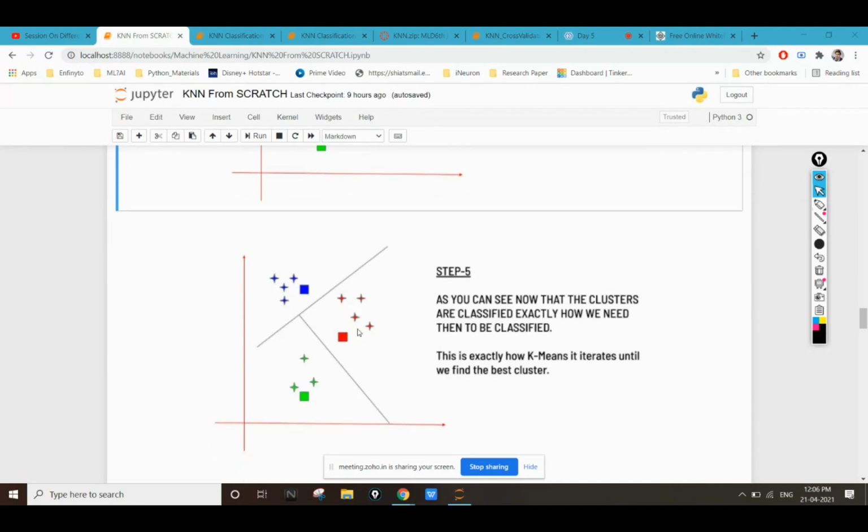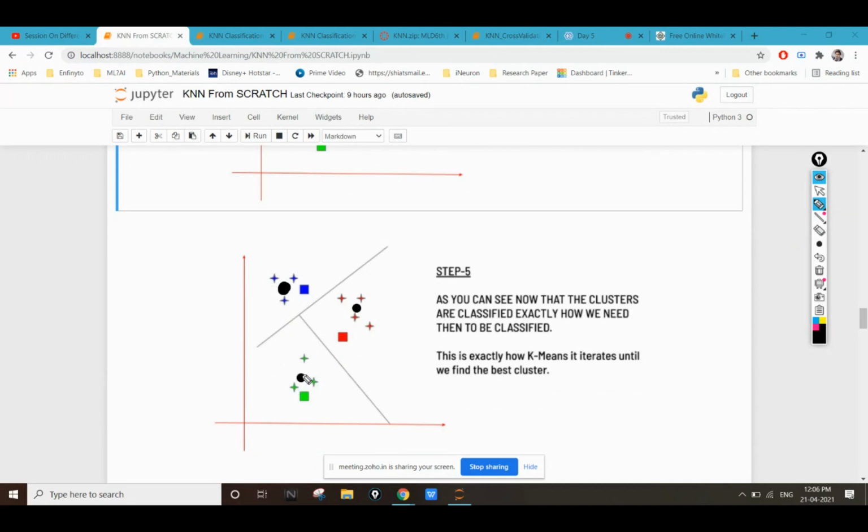Now we'll move these centroids again into the middle of these points. If we move the centroids again, then blue will be moved somewhere here, red will be moved somewhere here, and green will be moved somewhere here.